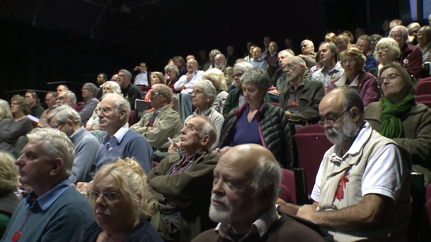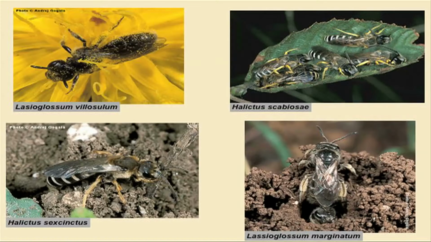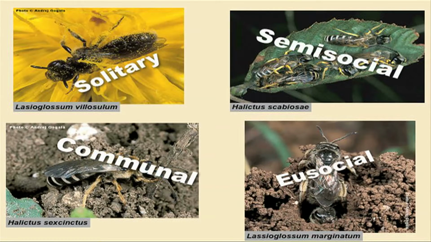So let's get back to the bees again then, and away from humans. I'm looking down here at these bees, or I have been looking at them. Here are 4 representative samples. They show a wide range of social behaviours, from solitary through to eusocial. And nice detailed phylogenies allow us to trace where eusociality has evolved.